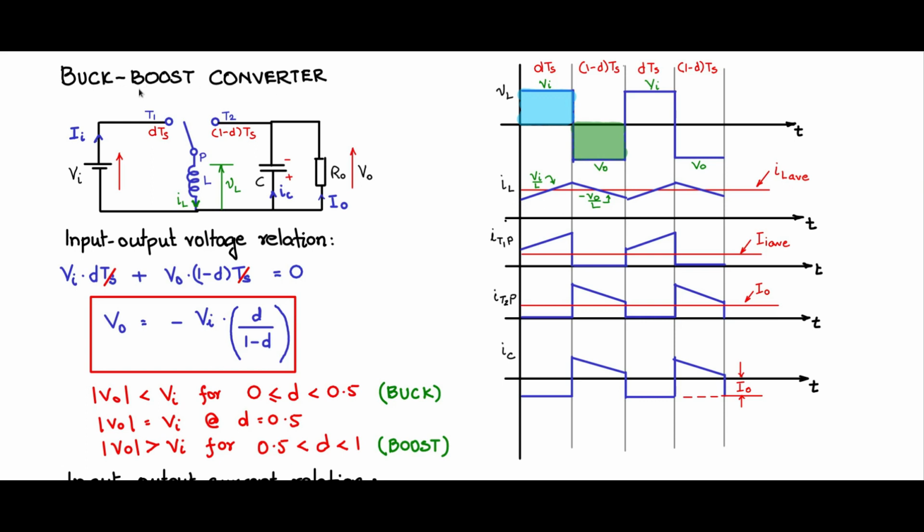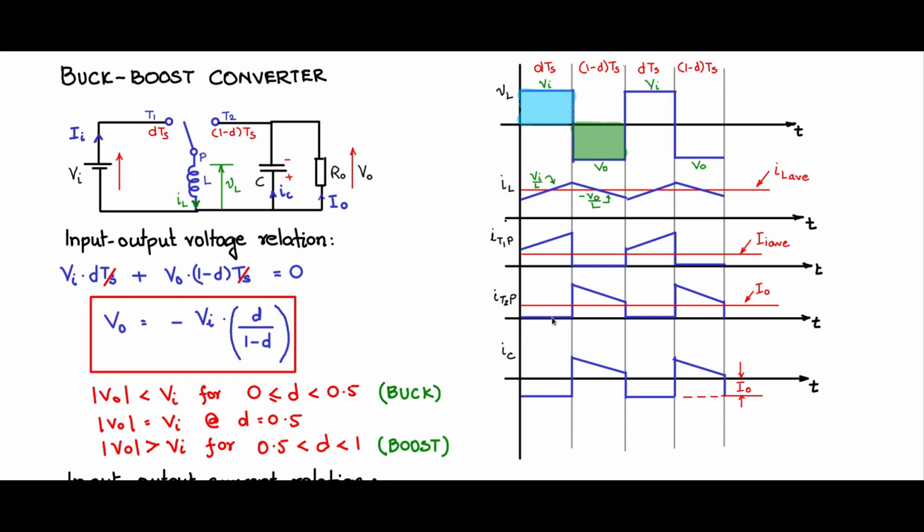So this is the buck boost converter that we had discussed some time before, and the waveforms here. So VL, this is the voltage across the inductor. Remember this. The current through the inductor, IL. Now the current through the inductor will be split into two parts: current through the primary of the inductor and current through the secondary of the inductor, which I will explain, and the currents through the switches here.